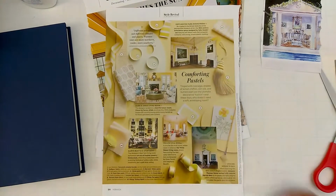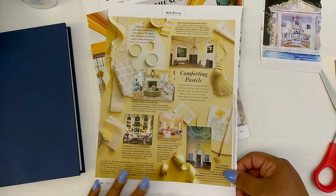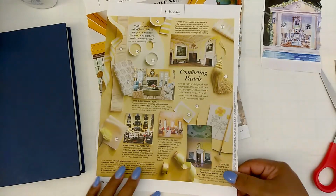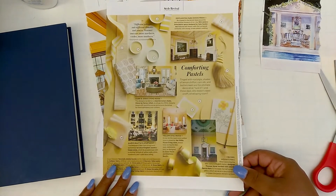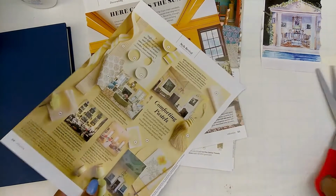But I'm looking to decide which one of these pages I want to use. I'm liking both of those equally, but yellow has been my favorite lately, and I honestly have been ODing on it. Everything yellow I've been getting, buying, liking. Oh Lord, I don't know about this one, y'all. How about